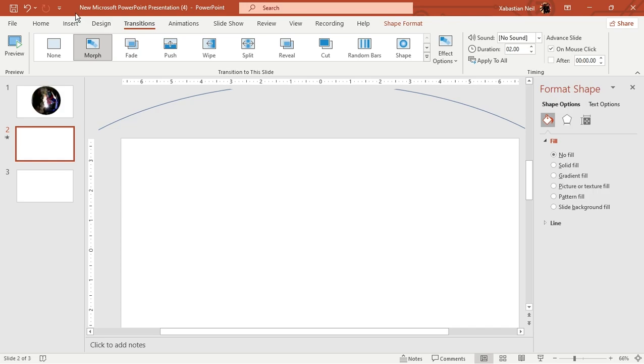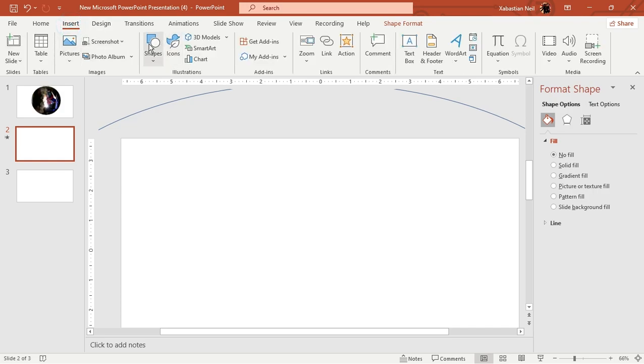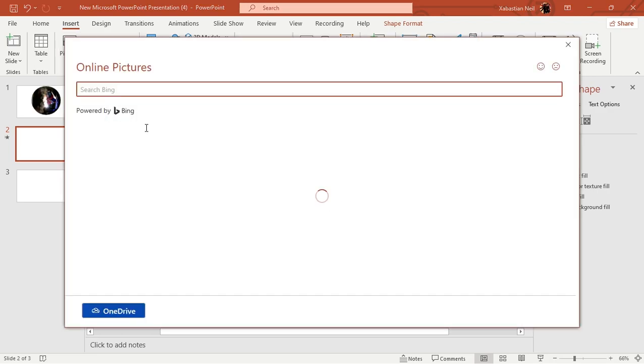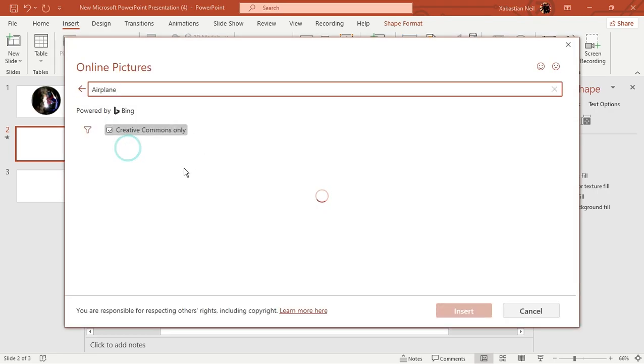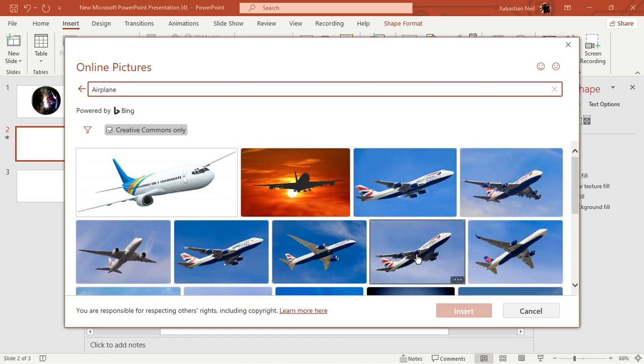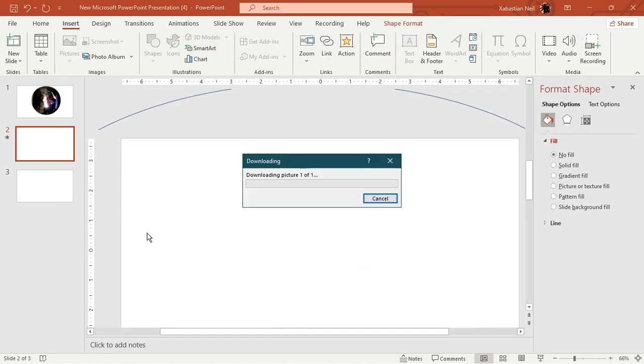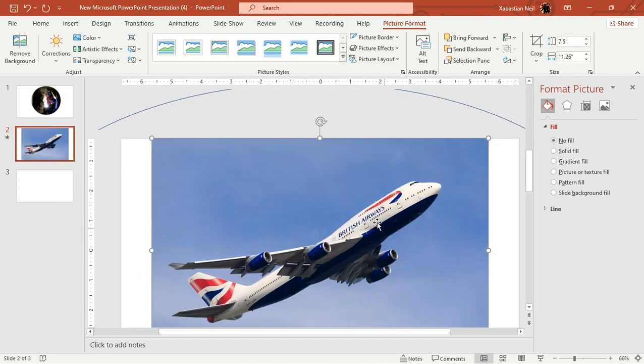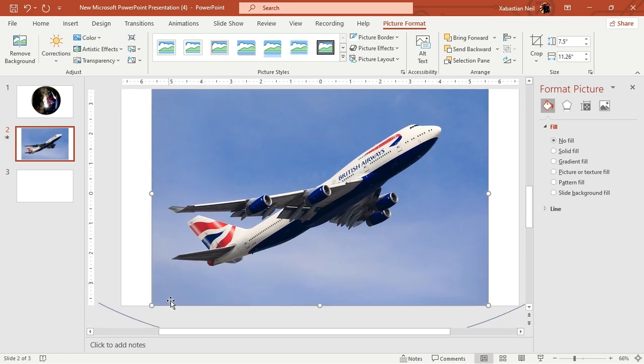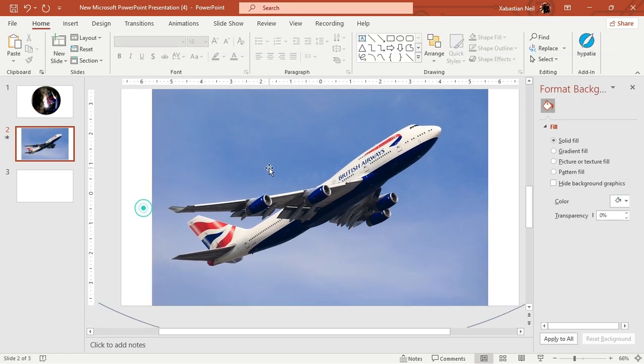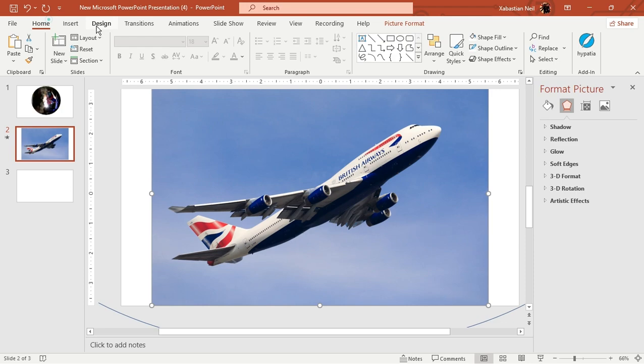Now what I'm gonna do is add in another shape, or maybe another photo. Let's add another photo. What we're gonna do is, let's start with airplanes or whatever you want it to be. Now I'm gonna add in another photo. Now as it is the photo right now, I'm gonna add in a title from here. Now I'm gonna add in a text box,